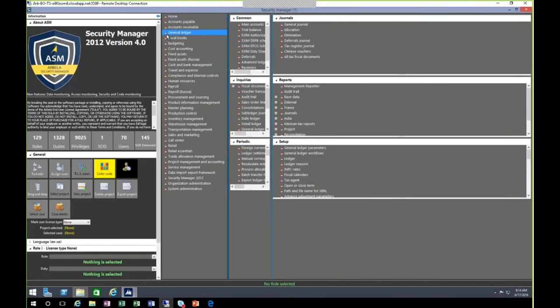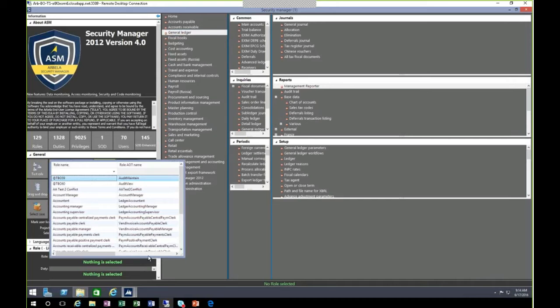So essentially, if I'm looking at this, I don't have a role selected. Because I have no role selected, everything is red, essentially telling me I have no access in any of these modules. So I can drill down in these modules and see which menu items a specific role gives you access to.